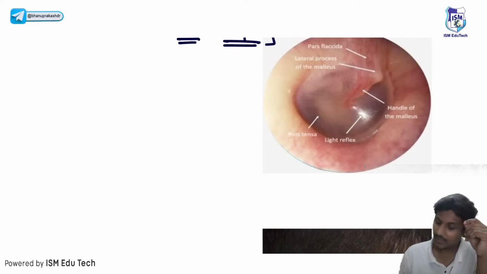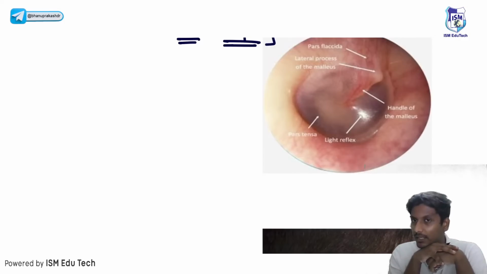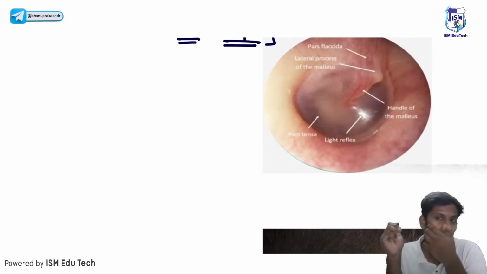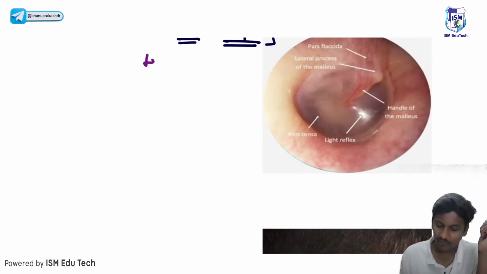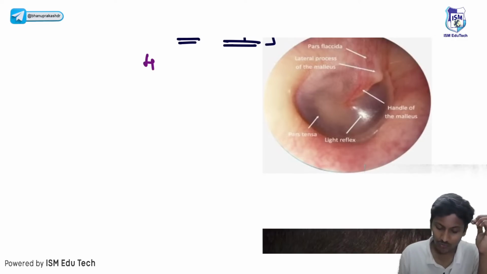And apart from this, it is 90 millimeters square. The surface area of the tympanic membrane is 90 millimeters square. The diameter is around 9 to 10 mm. Important is this tympanic membrane, when we examine it with the help of an otoscope. If you examine the tympanic membrane with the help of an otoscope, usually you will be able to see